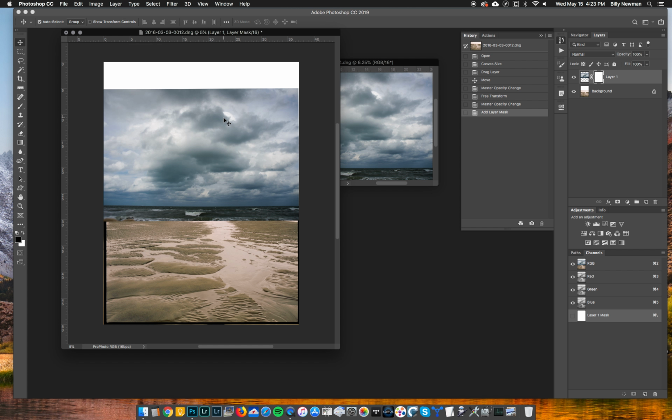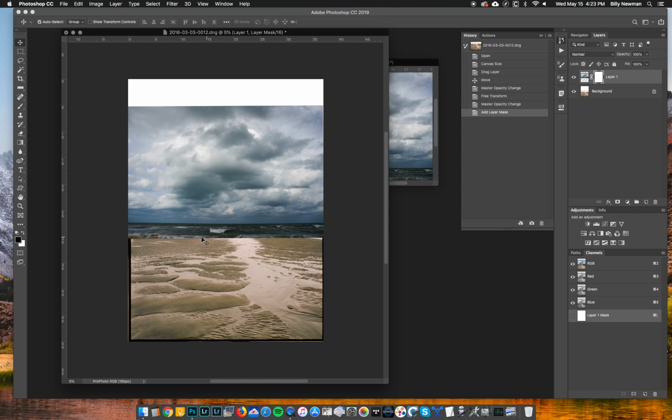The reason why I need that layer mask is because I'm seeing all of this top image. It's just like they're laying on top of each other. And I need to sort of soften that transition between water and the sand there. And I want to blend it in so you can't really see it. So now I'm going to go to my paintbrush,